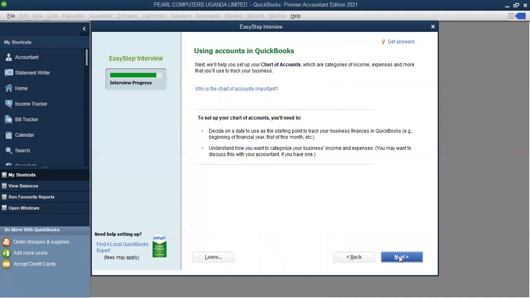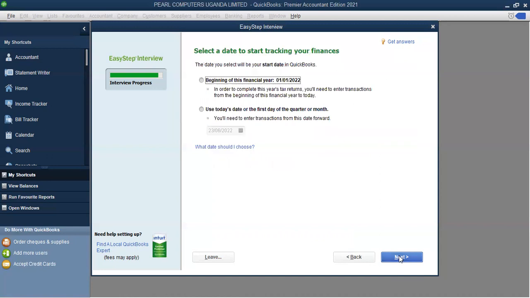Using accounts in QuickBooks. Of course, this one helps you to set some accounts. You may find that some accounts QuickBooks has created for you are not as good as you want them, and you need to modify them. Of course, for that one we expect you just press next. Then we have